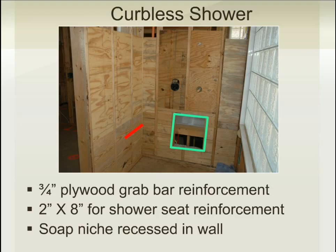What you're looking at is the master curbless shower. It has glass block on the exterior wall. The green square is where the soap niche is going to be installed. The red stripe is where the shower chair is going to be installed, and the shower seat needed the extra